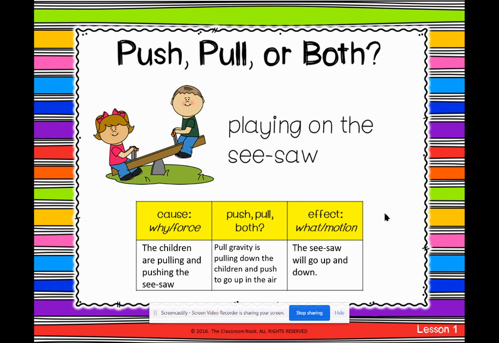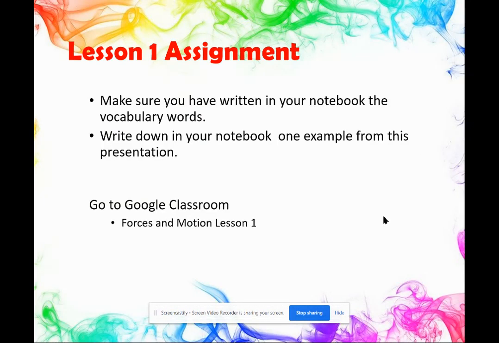Okay, welcome back, and let's move on to the last slide. So this is what you were supposed to have done during this video. Make sure you have written in your notebook the vocabulary words. Write down in your notebook at least one example from this presentation. Once you have all those 2 things done, I want you to go to Google Classroom for Science, and there's going to be an assignment called Forces in Motion Lesson 1, and it happens to be a Google form for you to